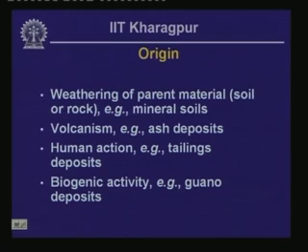Then another process that can give rise to soil deposits is volcanism. As a result of volcanism, soil deposits can form directly, and examples of this are volcanic ash and pumice